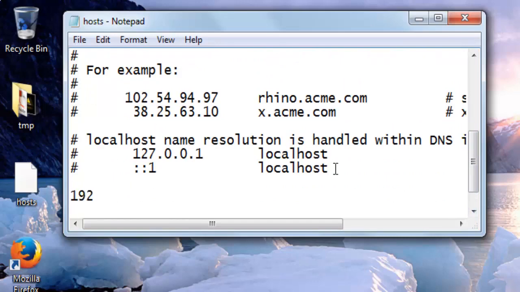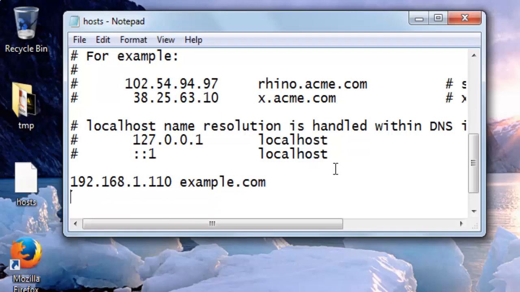I'll add the IP number 192.168.1.110, and then example.com, and then I will type it one more time, 192.168.1.110, and then example.org. Okay, now after I have finished typing the IP and the name of the domain, I will save this notepad over here,